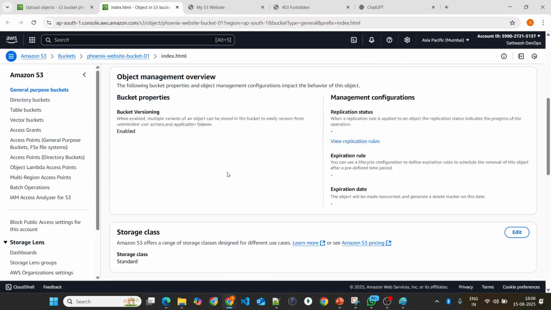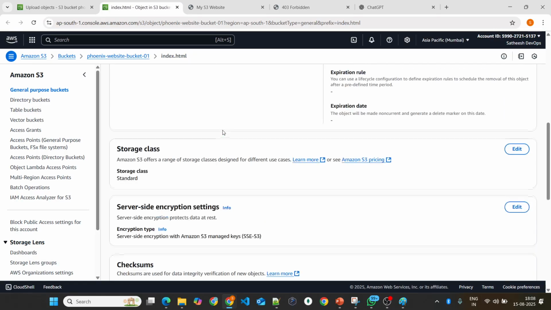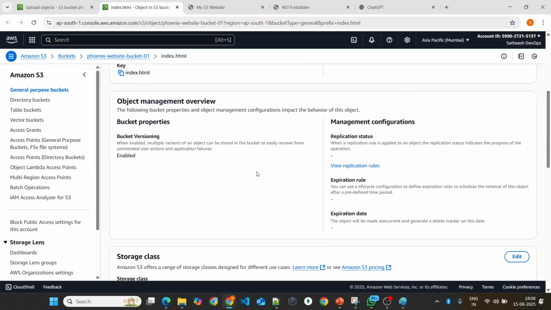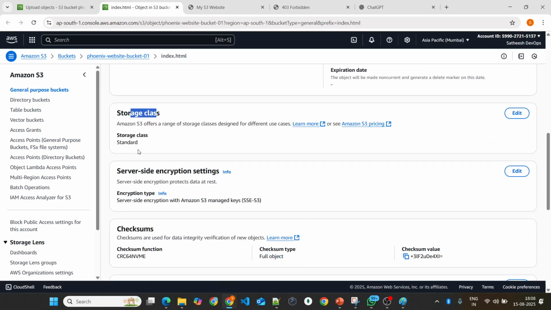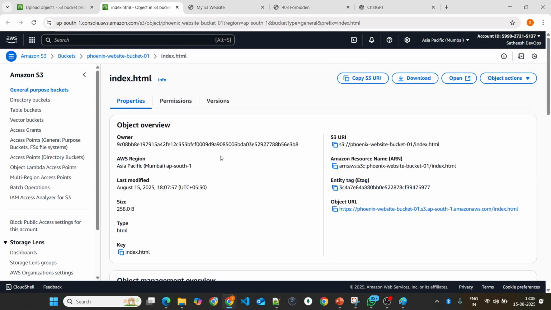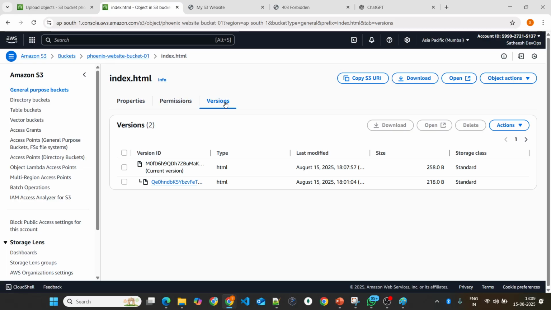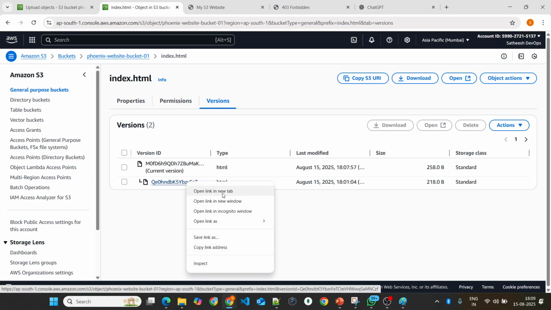On the top you can see all the details about this file, because for each and every file you can change the ownership or some specific things. What's the storage class, we'll discuss about the storage class. Whether server side encryption is there or not. On the top you must be seeing some permissions and a versions tab. If you click that, you will see two entries there. If you click the first entry and open in a new tab, you will see what are the